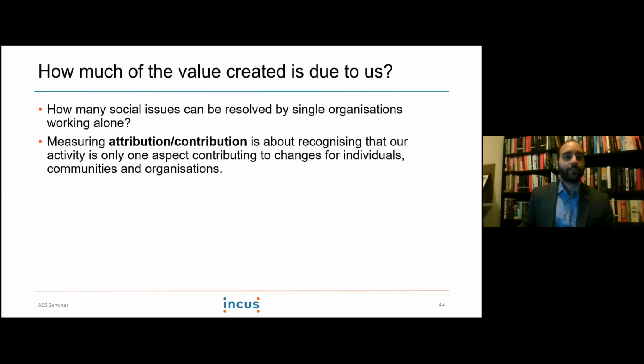The third and final bit about not overclaiming is this idea of attribution or contribution. So this is something that we're all sort of intuitively familiar with as evaluators. There's lots of things happening in people's lives. A program, no matter how good it is, is only one aspect contributing to changes. And we need to be credible about what else is factoring into it, both because we should give credit to other organizations, other factors, family members, support networks that are helping those individuals, but also to recognize where there's limitations, where there's other things going on and that the program we're evaluating couldn't possibly contribute to changes against some of those countervailing factors.